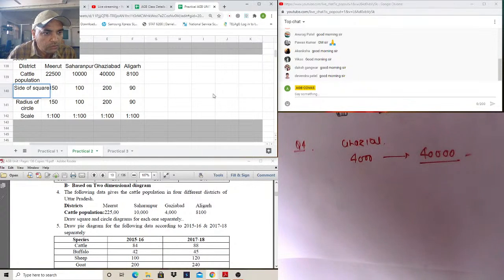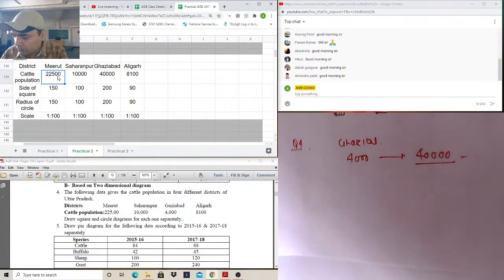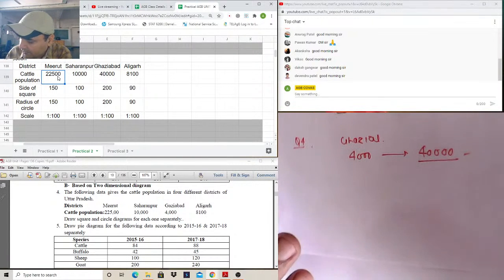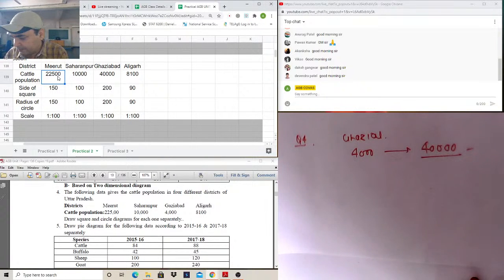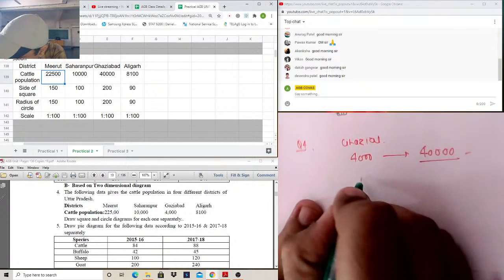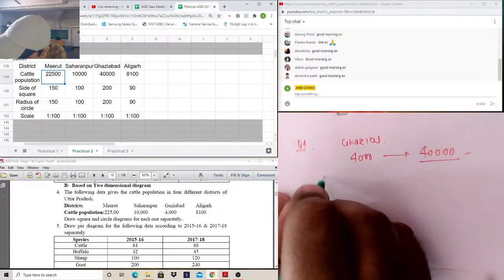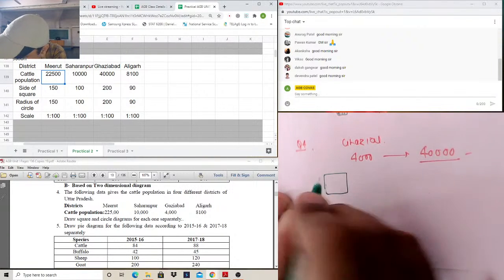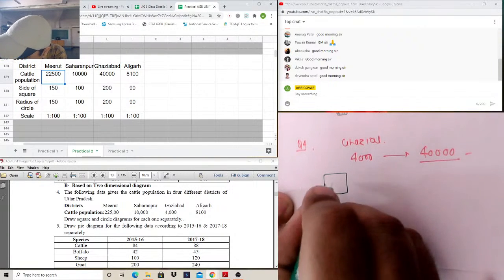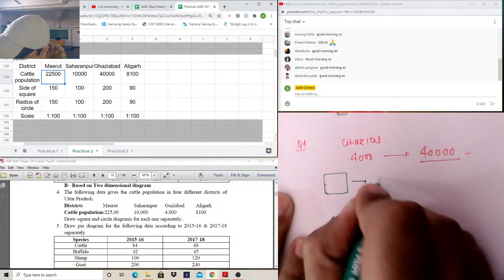Okay, so what we are doing is that this is 22,500 value. So what we have done is that we have taken, let this be the square, okay, and if this area has to represent